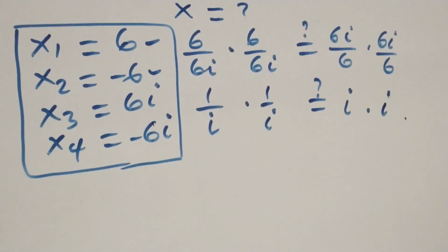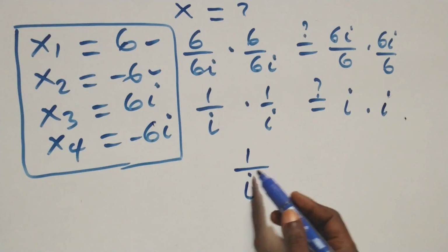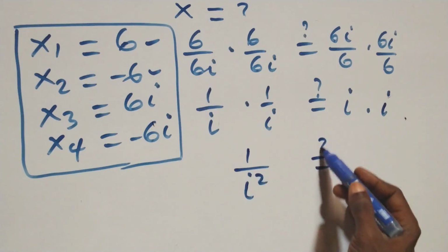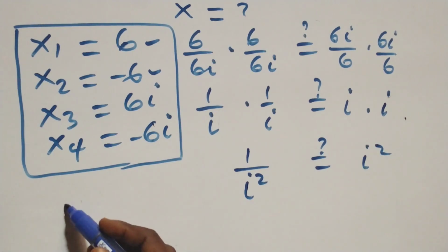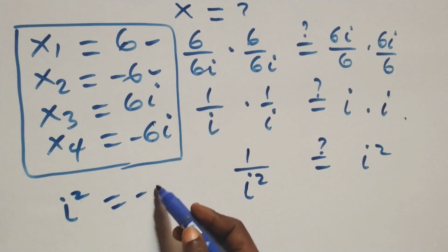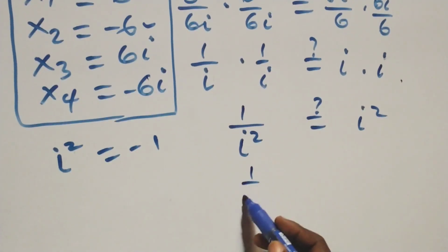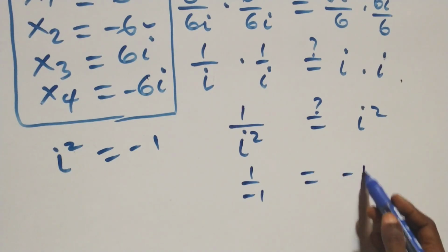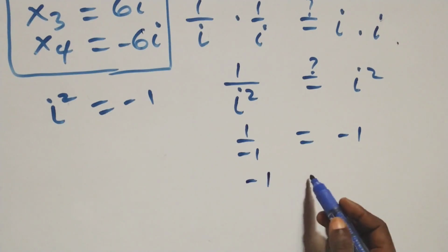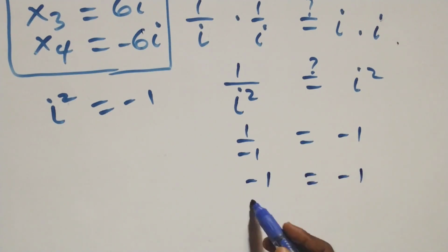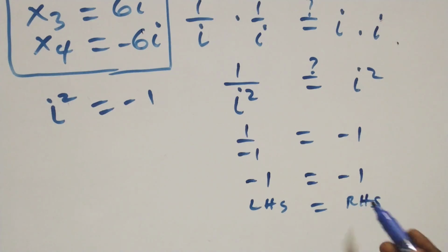Then here 1 times 1, that's 1, over i times i, that's i squared, is equal to i times i, that's i squared. And we should note that i squared is the same thing as minus 1. That is, here we have 1 over minus 1 is equal to minus 1. Then 1 over minus 1 is minus 1, which is equal to minus 1 here. Left hand side equals the right hand side. Then also 6i